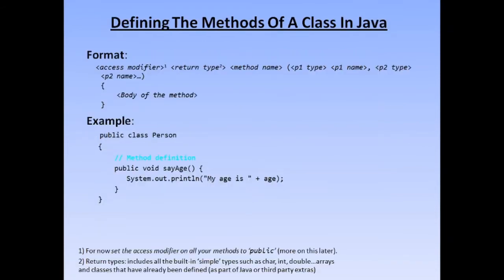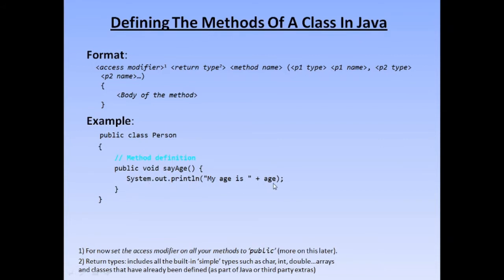Then how to define methods? We have seen how to define the attributes, but now we want to define a method inside a class. So what will we do? We will give the name of the method and provide the body inside the curly braces as a block. Suppose in the person class we want to introduce the say age method, and it has nothing to return, that is void, and its scope is public, so it will be visible from everywhere. Inside the body, within the curly braces, I am writing system.out.println my age is age.